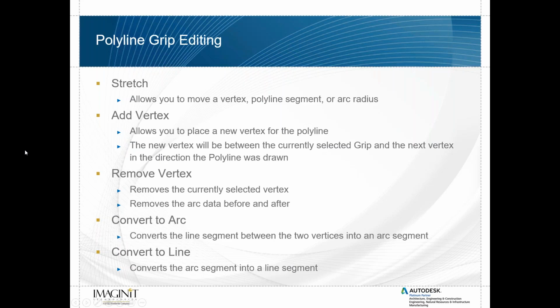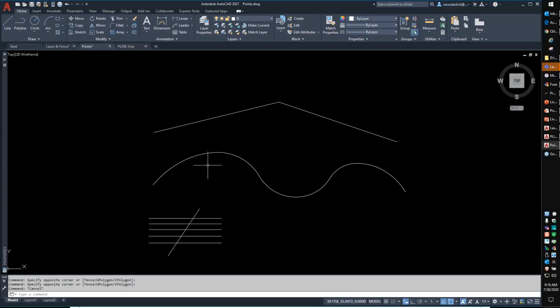Can you purge the layers the points are on after turning points off? No, you cannot. All right, we'll back up here real quick. Let's go back to points. Okay, the points are in the drawing. If you have points on a point layer, because those are AutoCAD objects, you cannot purge a point layer. If you want to get rid of the points in the drawing, your best bet,